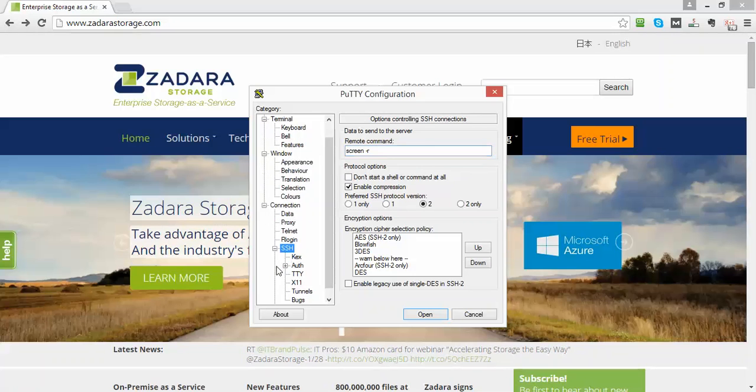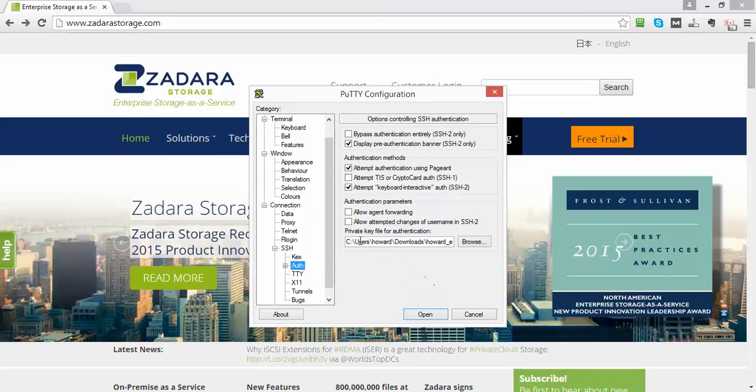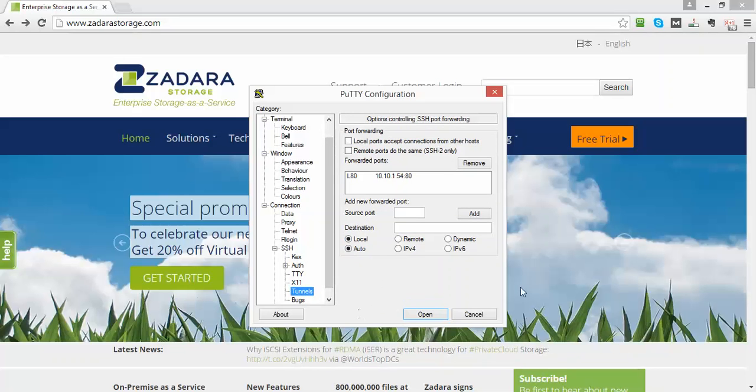And then let's expand that and look at the authorization. Now the important thing in here, you need to provide a private PuTTY key, and the way you produce that is from the PEM file that you downloaded through your AWS instance. What you want to do is use PuTTYgen and create a PuTTY private key, and you'll use that instead of the PEM file. The next thing to do is set up a tunnel,